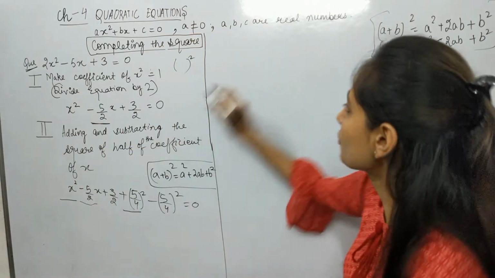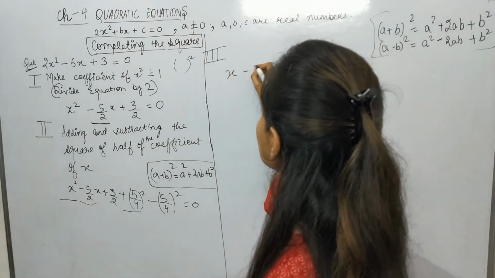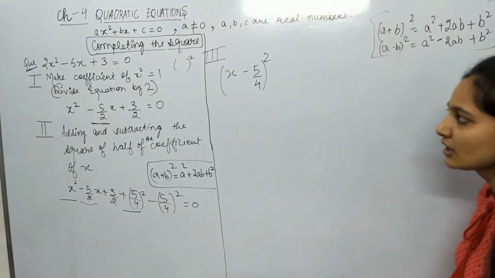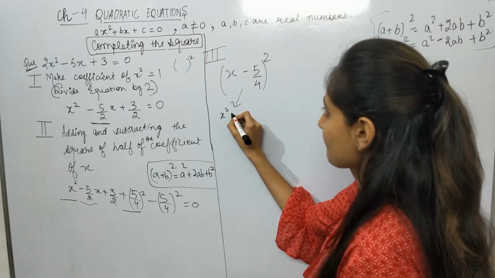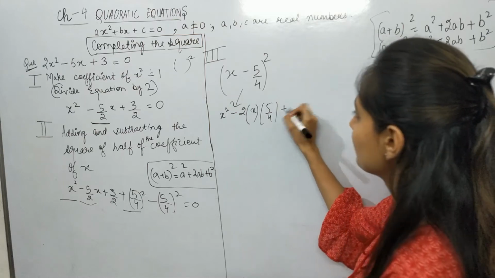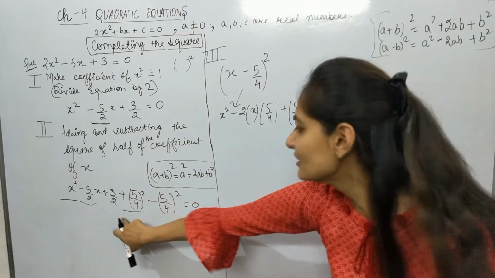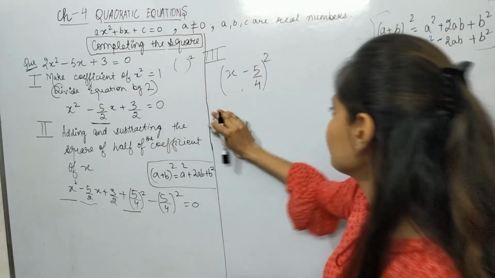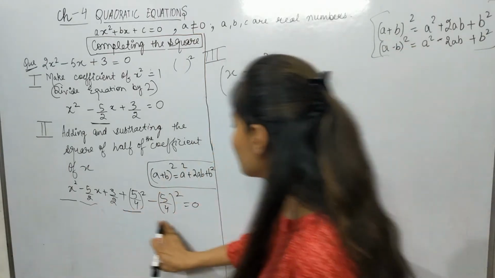So the third step is, these three terms together will make x minus 5 by 4 whole square. Is it so? If we open this whole square, what we get is x square minus 2a into b plus b square. We will get these three terms. So we can write these three terms as equal to a minus b whole square. So what we will do is, we will take the other two terms to that side.